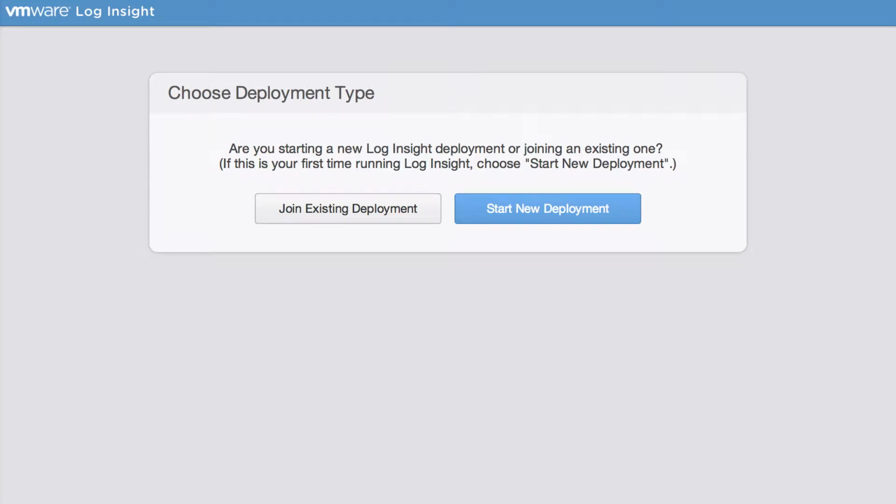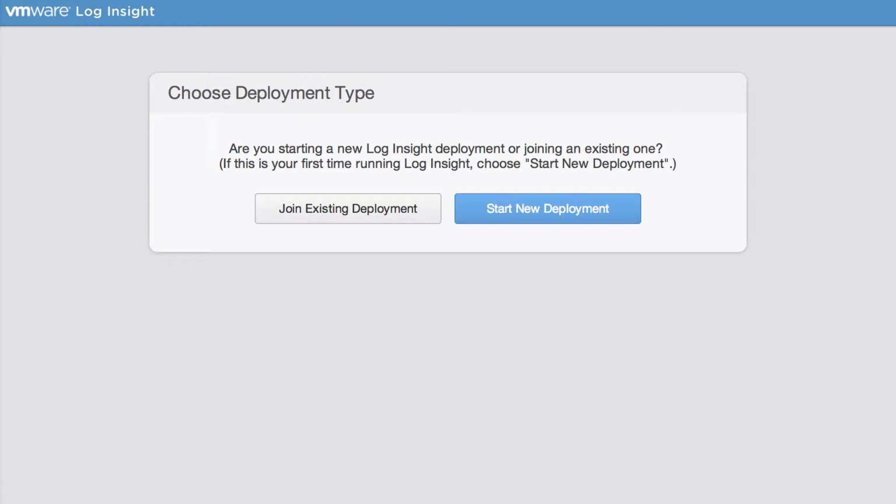Hi everyone, my name is Steve Flanders, and I'm a Solutions Architect on the vCenter Log Insight product team at VMware. And I'd like to demonstrate how you can deploy a new Log Insight virtual appliance and join it to an existing Log Insight deployment environment, either a single instance or an already existing cluster, in order to create or expand a cluster. So to do that, we would go ahead and just deploy the same virtual appliance of Log